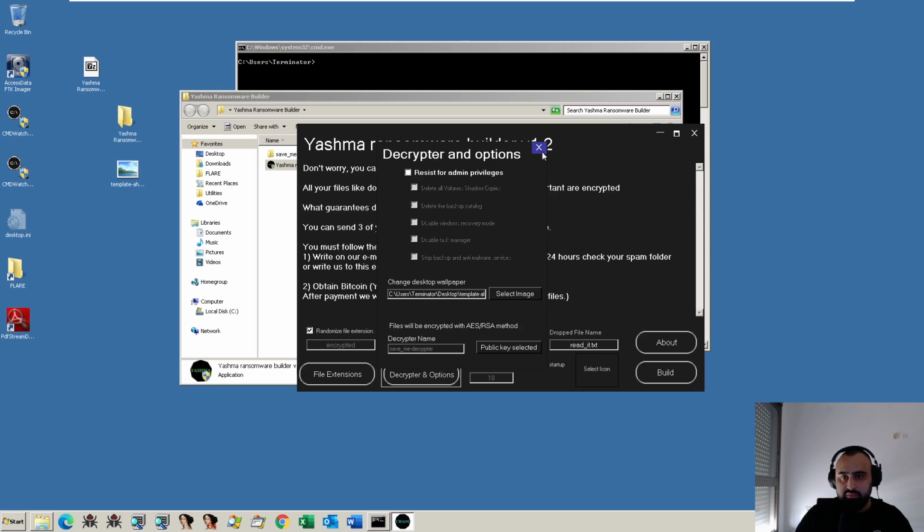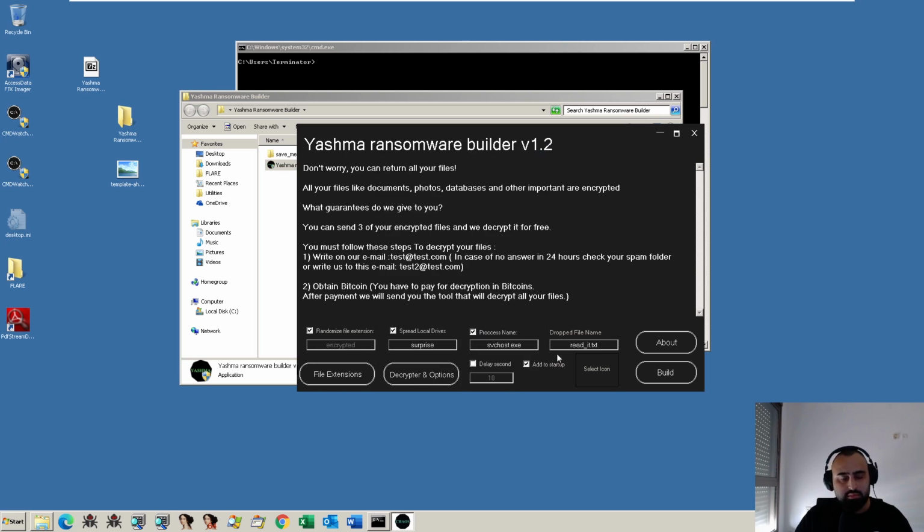So yeah, it says that it uses AES and RSA, not something surprising. We can configure a delay for some reason. Maybe it's good for some reason to bypass EDRs, or I don't know. Maybe I want to wait